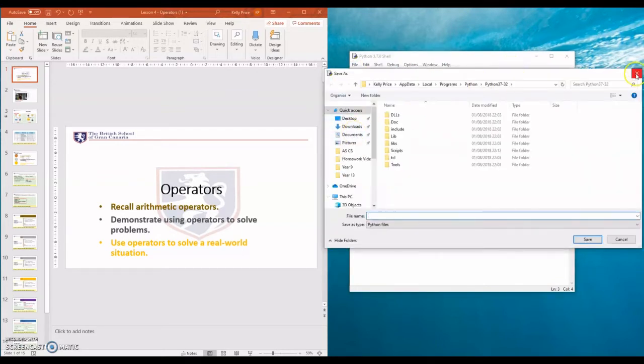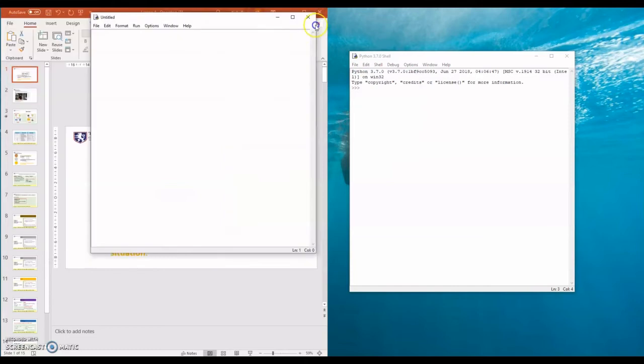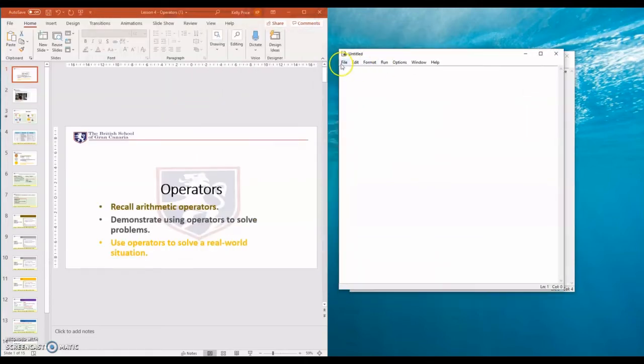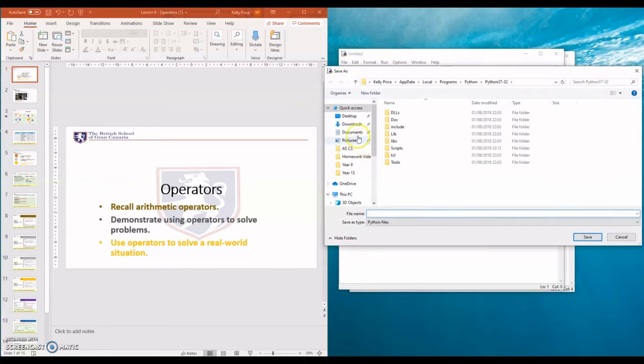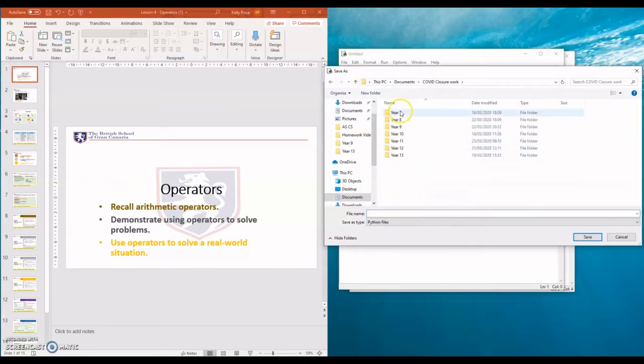No, I did that wrong, didn't I? Okay, so I need to go to File, New File, File, Save As, and I'm going to go to Documents, and I've got myself a folder for COVID closure work, and I'm going to put it in here, and I'm going to call it Operators,